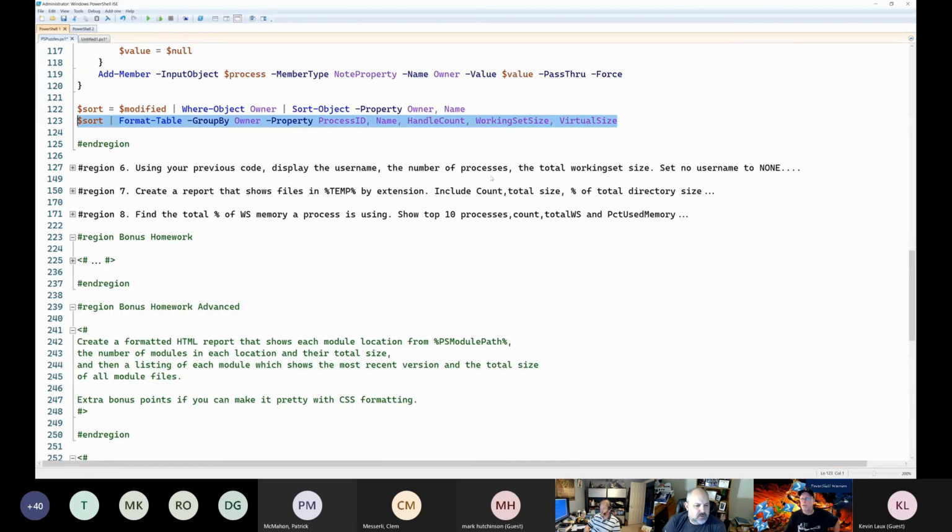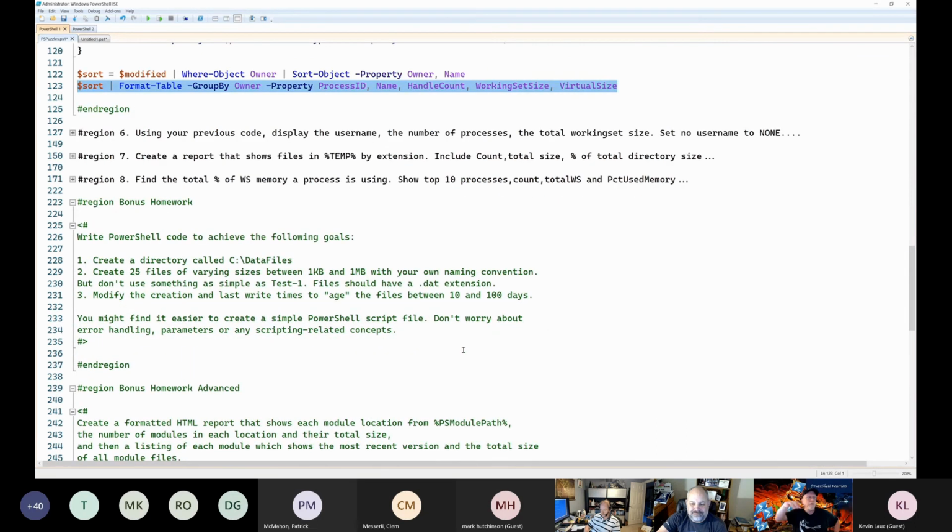So I've got 3 more exercises for you to work on. I also have 2 bonus homework assignments. These are much longer projects. And again, I'll post these up on the blog, but I'll mention them here. You can decide if you want to tackle them or not. So the first one,